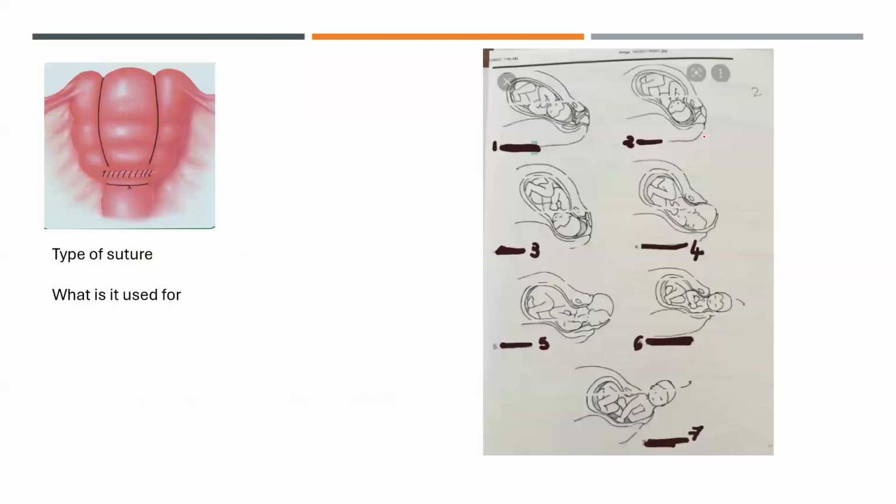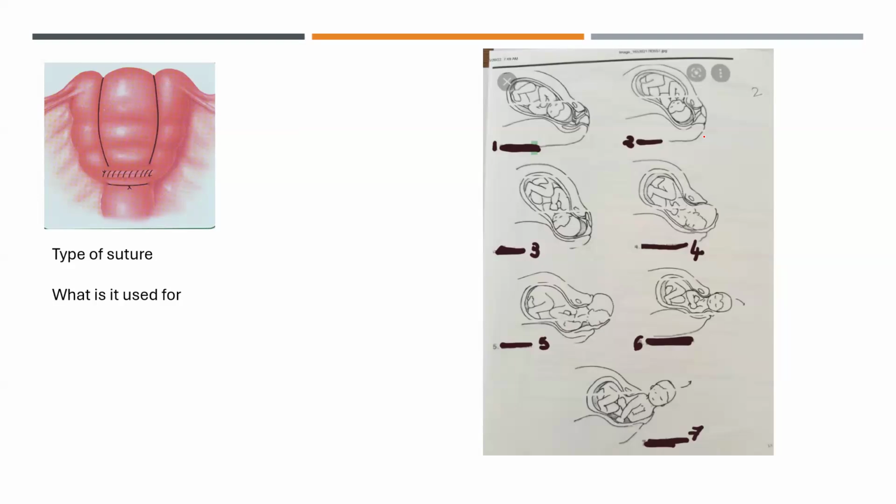Okay, on to the last 2. Identify the type of suture. This is a really easy one and what it's used for. And we can answer this together. In the next one, I want you to label and tell me what each stage of labor are. B-Lynch suture. See, that's so easy. Very good, B-Lynch suture. What is it used for? What is the scenario that we use it in? To control PPH. Excellent. On to the next question.